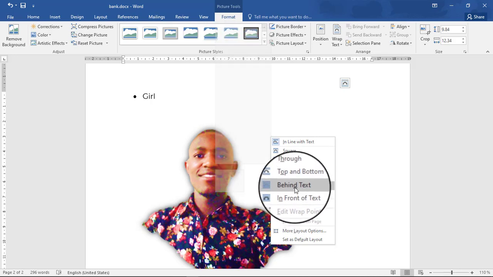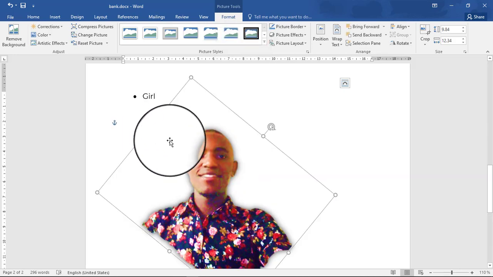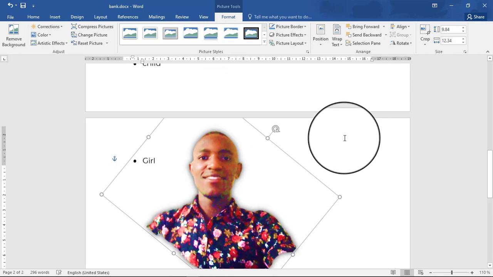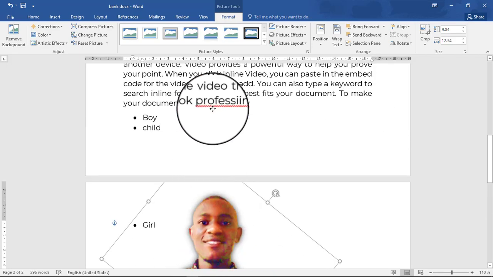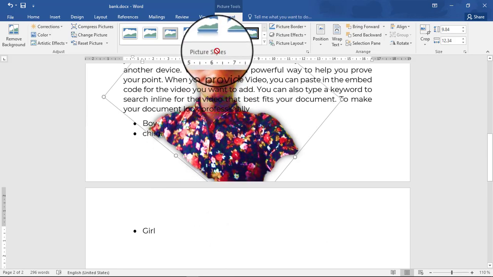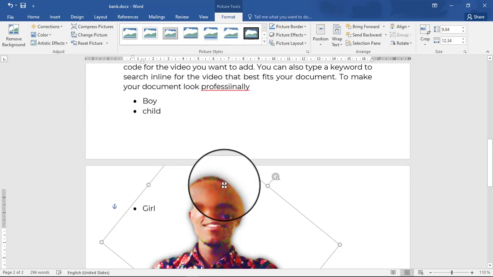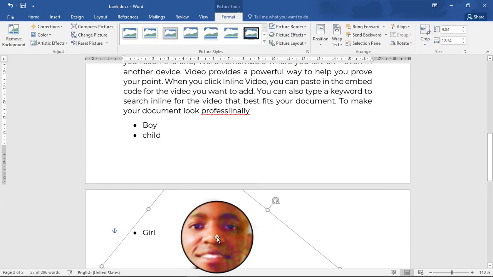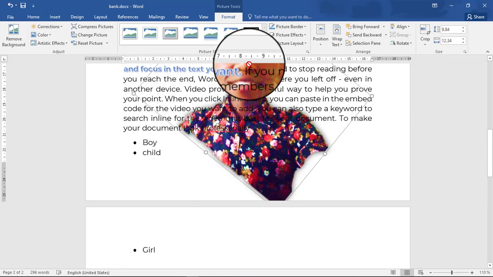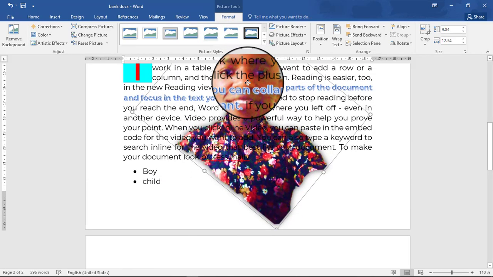So I want this behind text. Then after pressing behind text, this image can move anywhere behind text. Are you seeing? It can be there behind text.